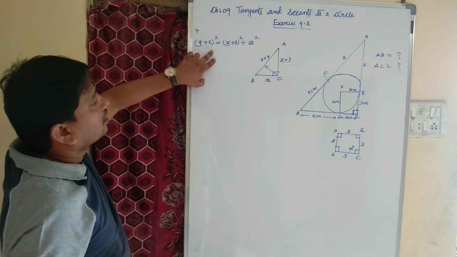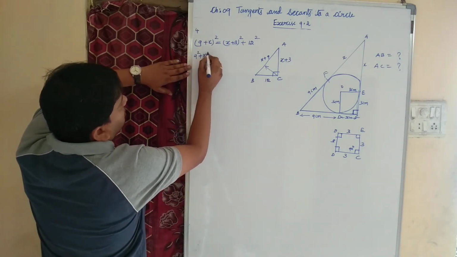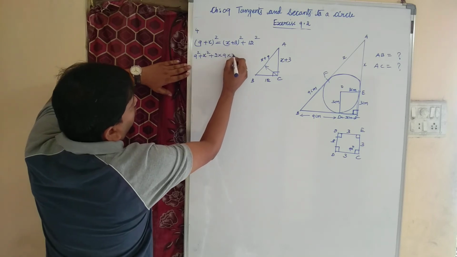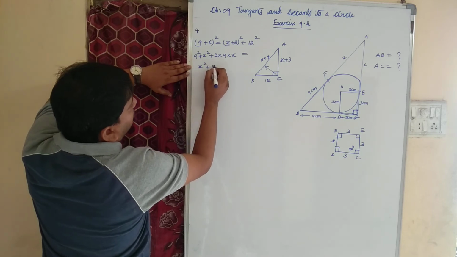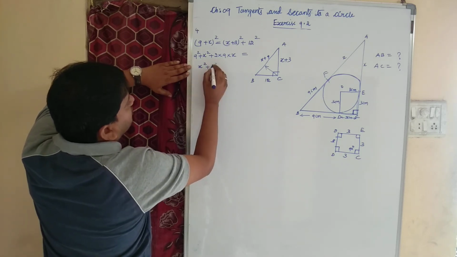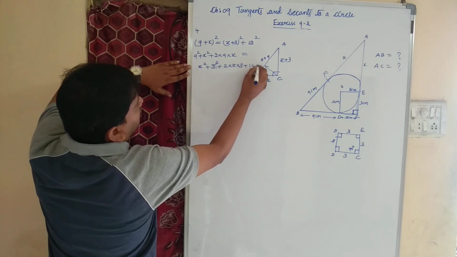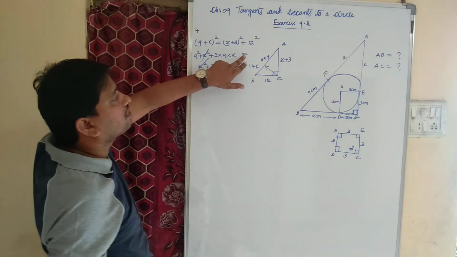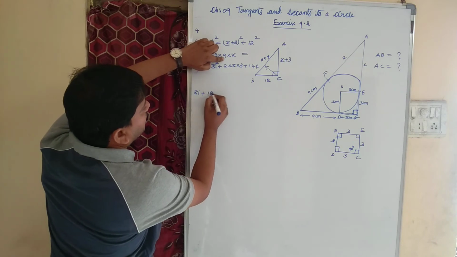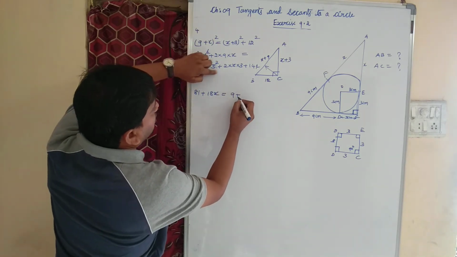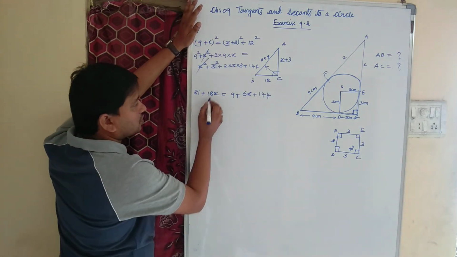Now I can apply the (A plus B) whole square formula. A square plus B square plus 2AB is equal to, again by the (A plus B) whole square formula, A square plus B square, 3 square plus 2 into x into 3, plus 12 square, which is 144. X square cancels because in between we have an equal sign. So 9 square is 81 plus 2 nines are 18x equals 3 square is 9 plus 2 threes are 6x plus 144. Right? So here we have 18x.